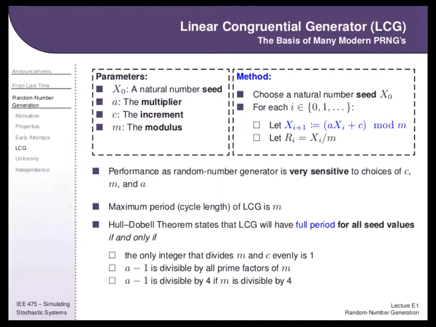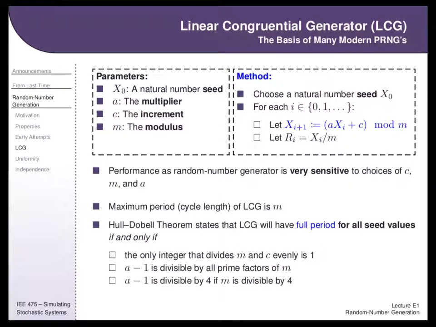But the basic, if we look at how this is implemented, one of the nice things about it is you can actually do mathematics proving when you have situations where you have a maximal period. So, for example, this Hull-Dobell theorem states that you can have a full period so long as you set these three numbers, a, c, and m, up in this particular way. There are numerical conditions, and I'm not going to test you on these conditions, but I just want you to see that there are numerical conditions that do not depend on the seed